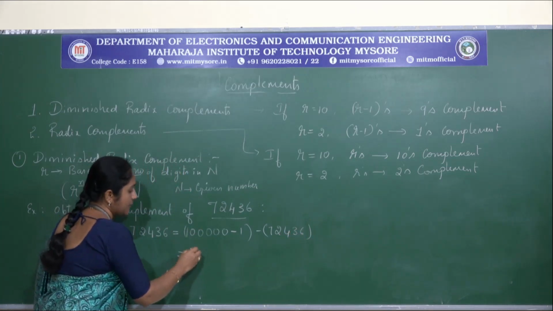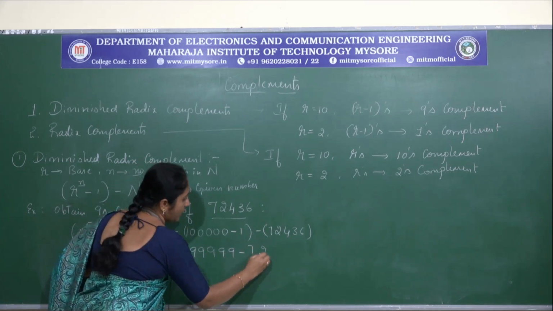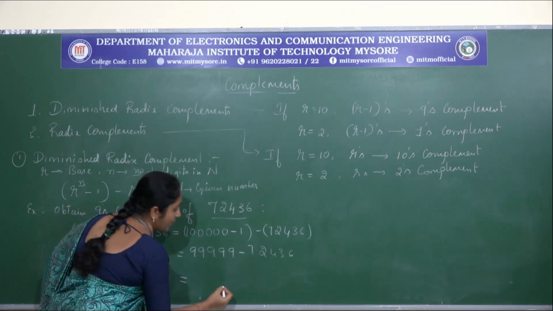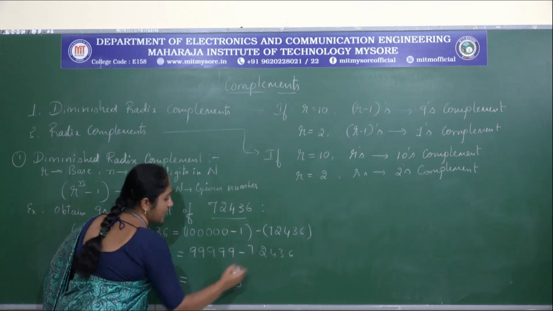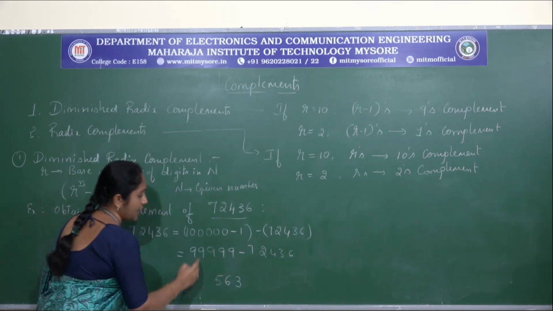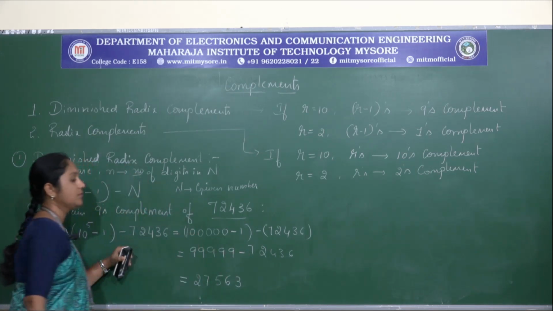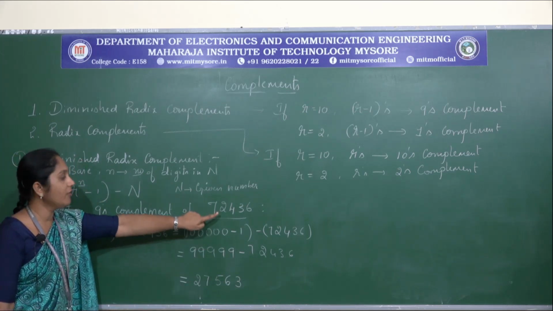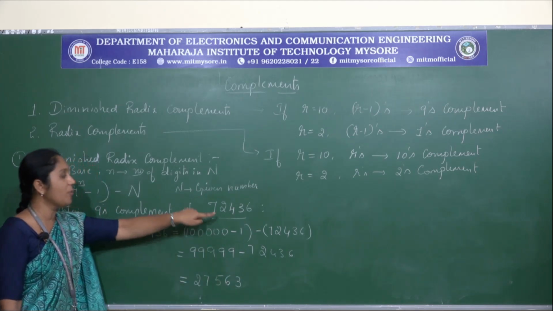Okay. Yes, this is 99,999 minus 72,436. So if you subtract, what are we going to get? 9 minus 6 is 3, again 9 minus 3 is 6, next 9 minus 4 is 5, next 9 minus 2 is 7, 9 minus 7 is 2. See, this is the 9's complement of the given number. So 27,563 is 9's complement of